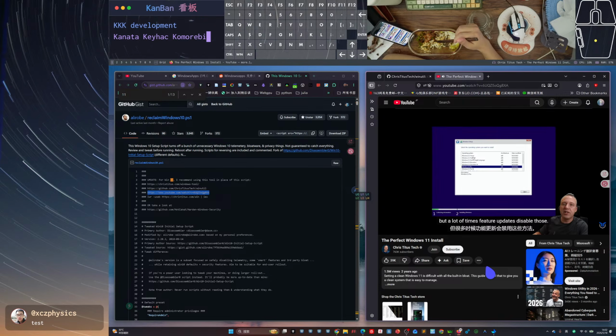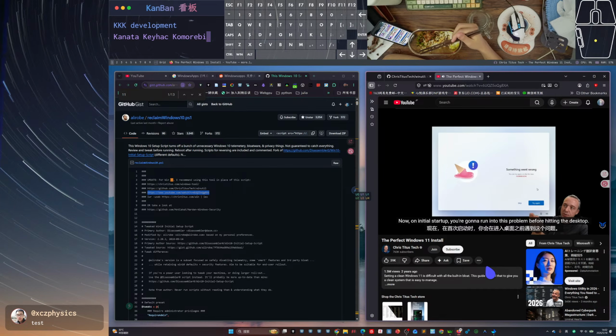You run into problems, so I always like Windows 11 Pro if you're choosing a version. All right, with the initial install done, it's going to restart. I'll see you on the desktop. Now, on initial startup, you're going to run into this problem before hitting the desktop. It's a timeout, so it'll probably sit there for about 60 seconds, maybe up to 2 minutes, and then give